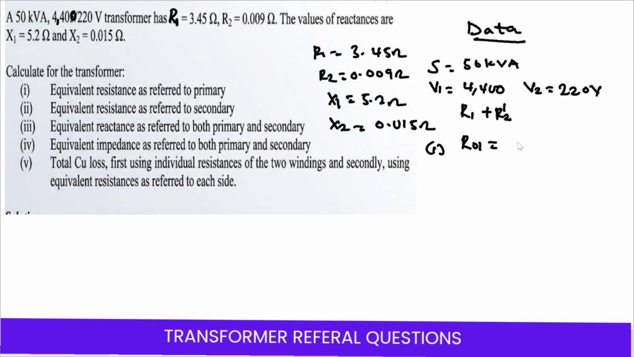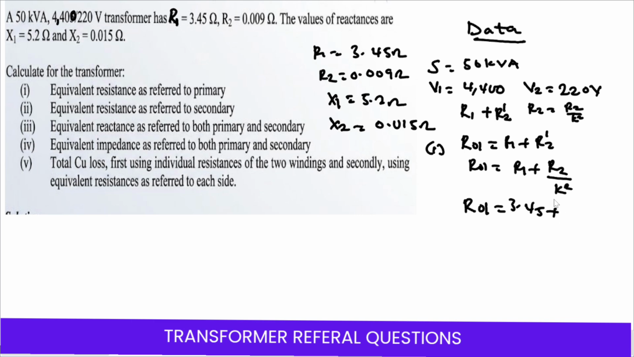So R01 will be equal to R1 plus R2 prime. Don't forget that R2 prime is the same as R2 over K squared. So R01 is equal to R1 plus R2 all divided by K squared. Therefore, R01 is equal to the value of R1, which is 3.45, plus the value of R2, which is 0.009 ohms, divided by